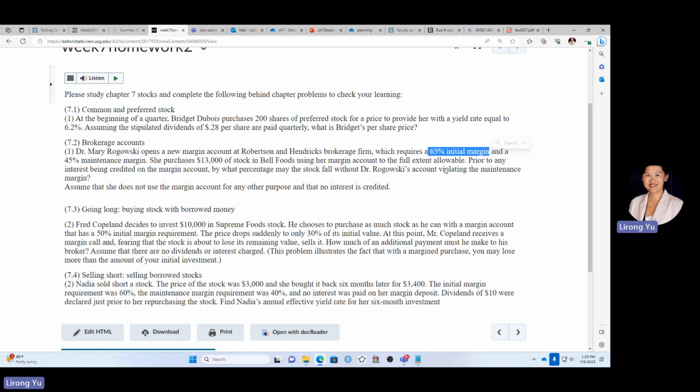So a margin account is kind of like paying for investment using borrowed money, but there's a risk. They allow you to have a large amount of money to pay for the investment, but you have to maintain a certain balance to share the risks. All right, so this question was the assignment. I just want to explain what happened to a margin account. In a way, it's a loan. So that 35% of the money is a loan.